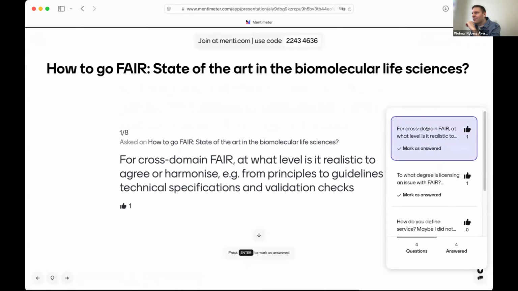There's one more that got some upvotes here. So for cross-domain FAIR, at what level is it realistic to agree to or harmonize, e.g. from principles to guidelines to technical specifications and validation checks? And I think this ties a little bit into the CDIF, where you have technical specifications, and Simon has his